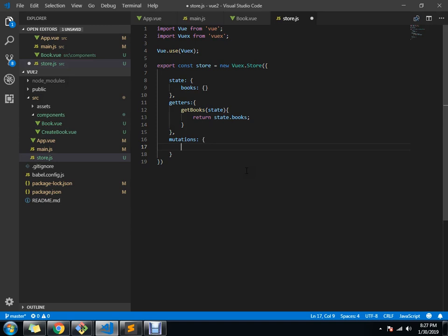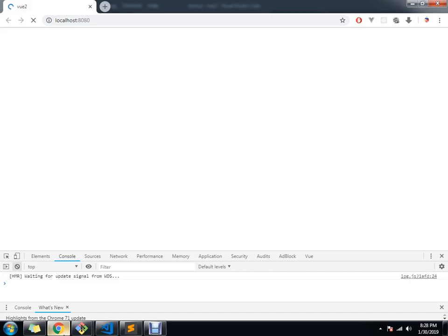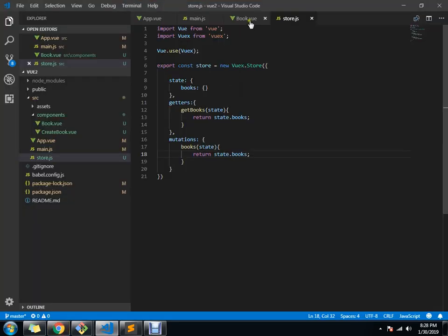So, ang ipapangalan ko nito is ano ba? Books. Meron siyang state dito. And then return state that books. Itong state books, ito yung nasa taas. State books. Ayan. So, save. Wala pang mangyayari dyan. Same pa rin. So, dito